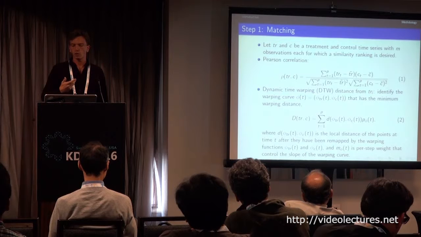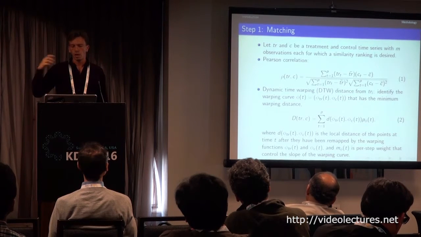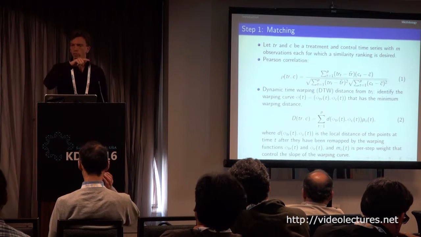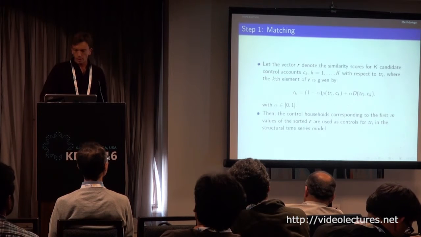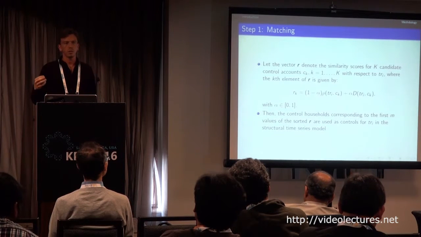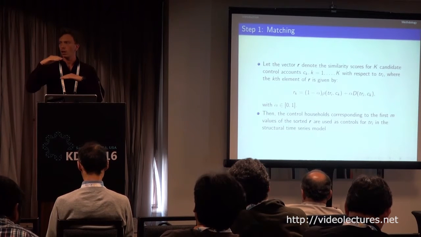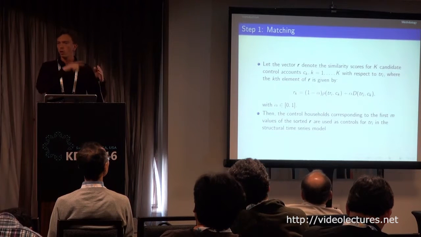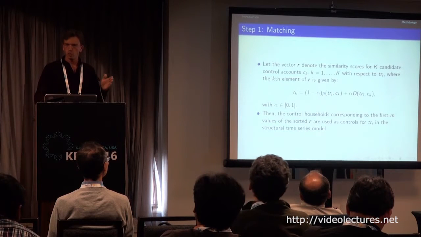And the Pearson correlation will tell you how they increase or decrease in common. And also, we create a second ranking with the dynamic time warping distance, which measures the absolute distance between the points along the warping curve. And then to combine these, we create a weighted average of these two rankings and then select the top 6 most similar households. The top 6 households that had the most similar water usage patterns in the pre-rebate period. And we use those 6,